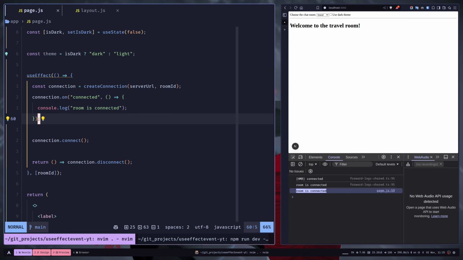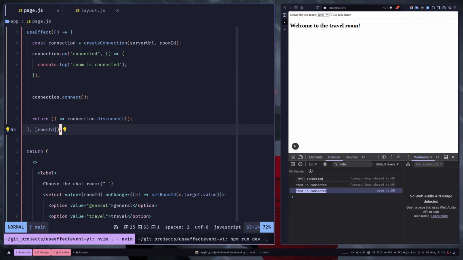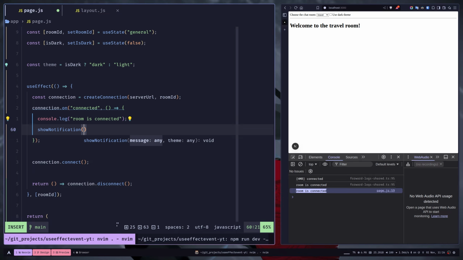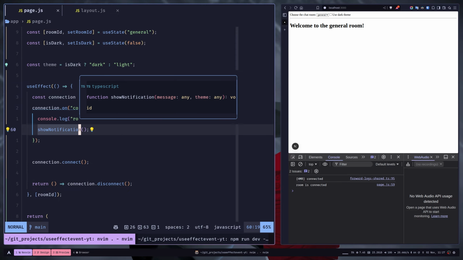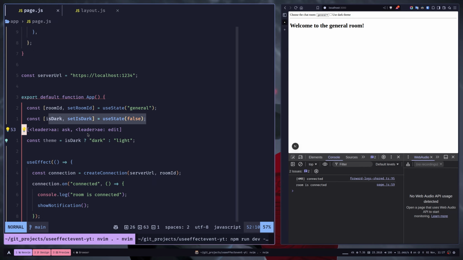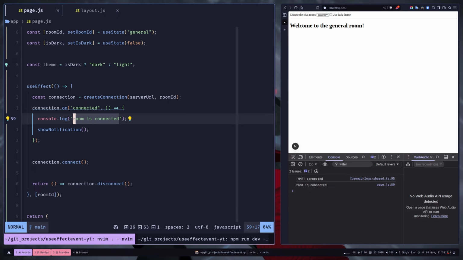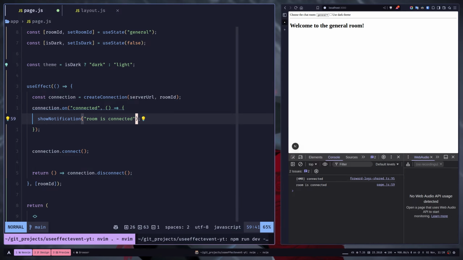This works, but the problem arrives when you want to add a non-reactive logic inside the effect function, or in simple words, when you want to use a state or prop inside this effect function, but you don't want to add that in the dependency. For example, I can call the show notification function. I want to show notification every single time we connect to a room. This function actually takes two parameters, message and the theme, which is this state. So watch what happens when I pass a message like this one. And if I pass the theme as well,